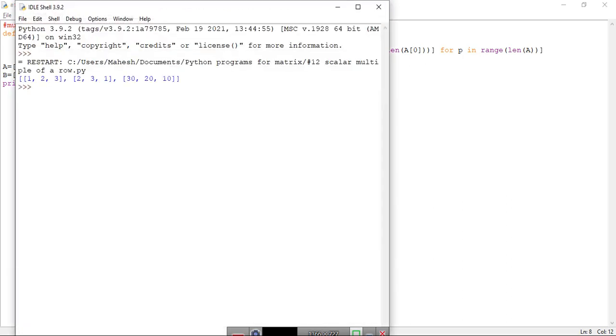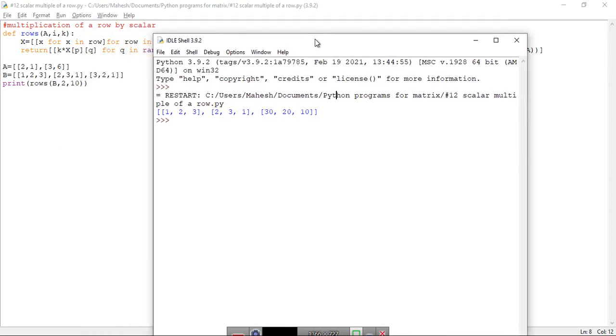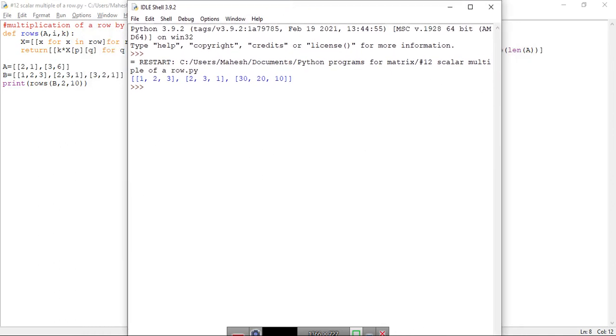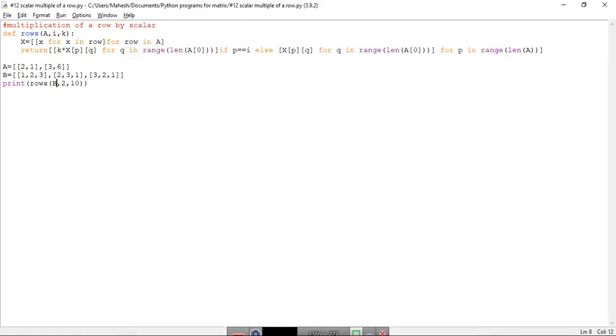And if you see here, the first row will be as it is, 1 2 3, the second row 2 3 1 as it is, but the third row 3 2 1 is multiplied by 10, so it becomes 30 20 10. This is all about our program wherein we are multiplying a particular row by a scalar.